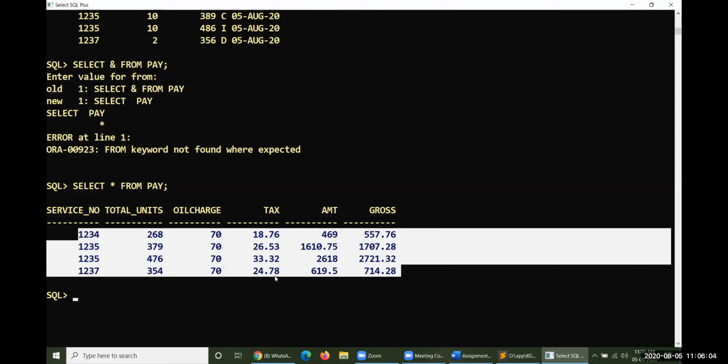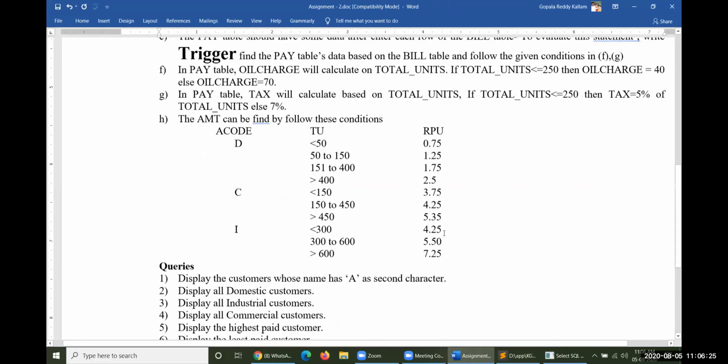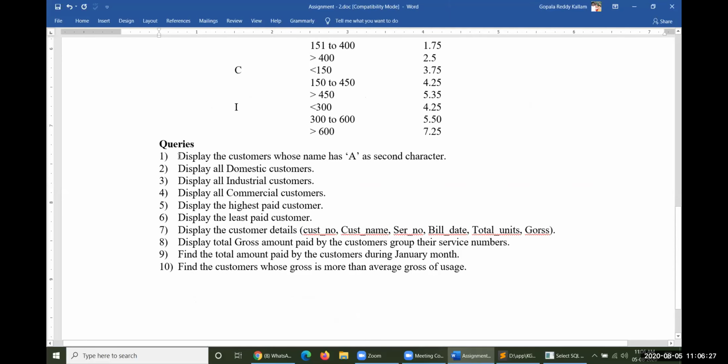Actually you are expected to enter 10 rows in customer and 20 rows in bill, so that 20 rows will be affected in pay also. That is the expectation, but for some reason I have entered only 4 or 5 rows.